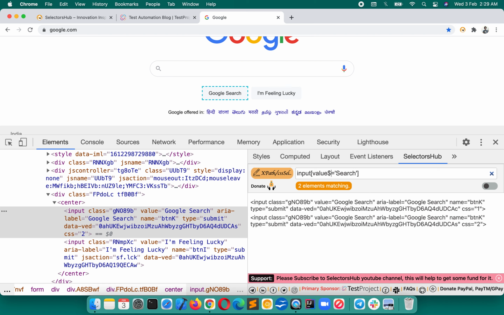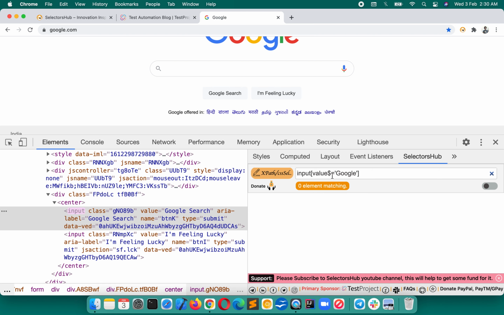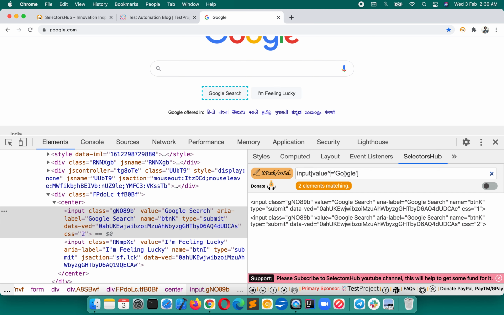So dollar sign is for ending value. If you want to write a CSS selector which starts with Google, add Google here, it is the end with, right? Now if you put caret over here, the caret is for starts with. Now you see that it is giving the results.